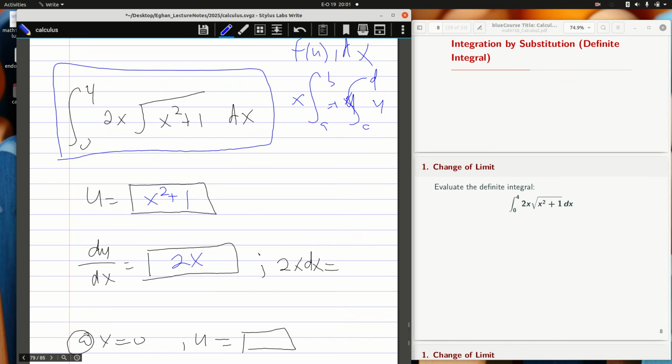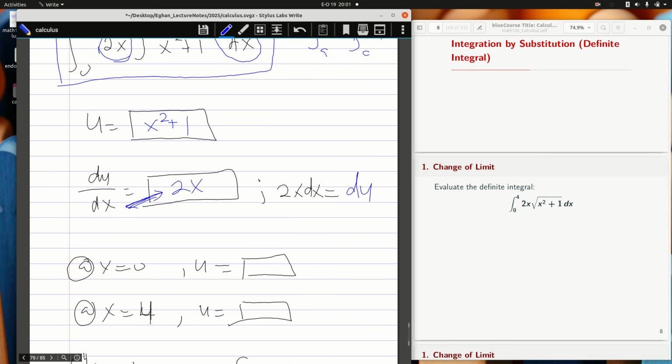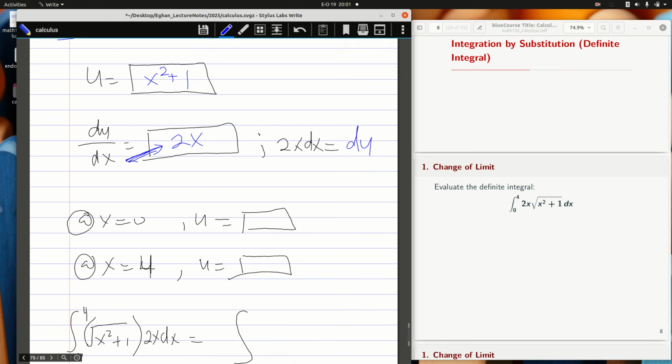You realize that there's something we must cater for. Always be smart when it comes to your substitution. You realize that I can see 2x dx here. It means that 2x dx is simply du, that is all, or du is 2x dx. We're not done yet, now we must change the limit